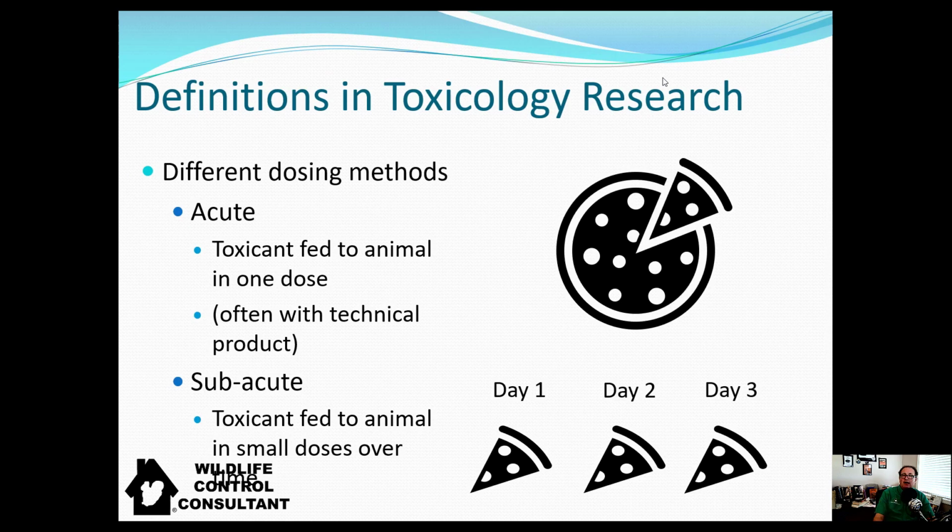You feed a rat, what we said earlier, 4 milligrams, because it doesn't weigh a pound. It doesn't weigh 2.2 pounds. We can only give it 4 milligrams. 50% of those rats are going to die if you give it 4 milligrams all at once. Okay, fair enough? With the subacute, with the way first-generation anticoagulants work, if you gave the toxicant to that rat